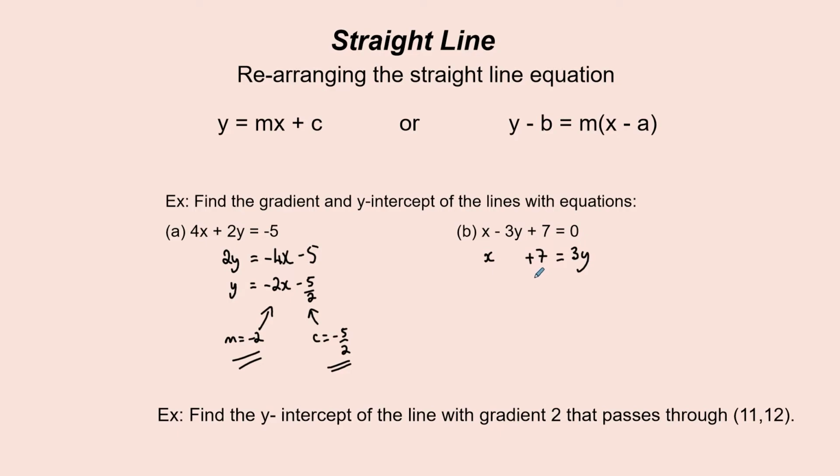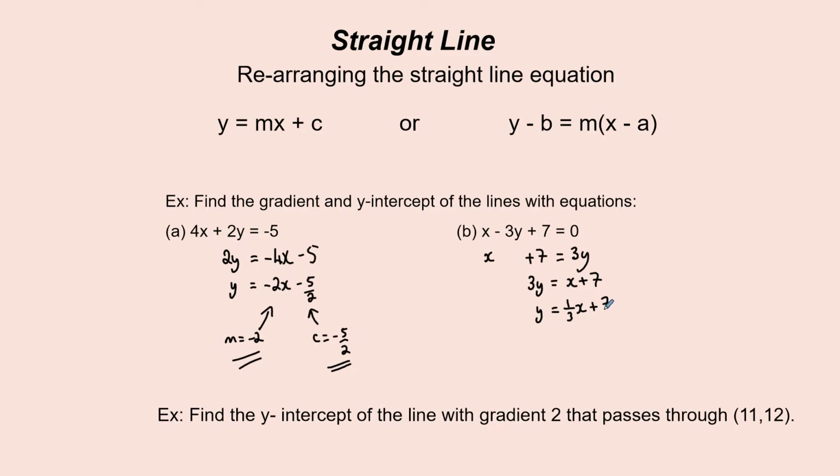Now I'm going to flip this because that's not the typical way we would see this written, so it would be 3y equals x plus 7. That's just flipping the whole equation round. And again, we've not got that y on its own, so what we want to do is divide by 3 for this last line. Remember that's a 1x, so if we divide that by 3, it's going to be a third x